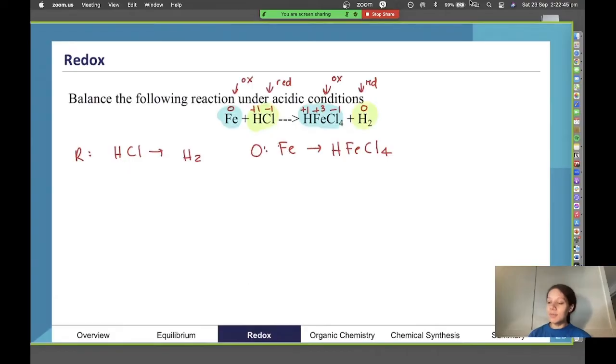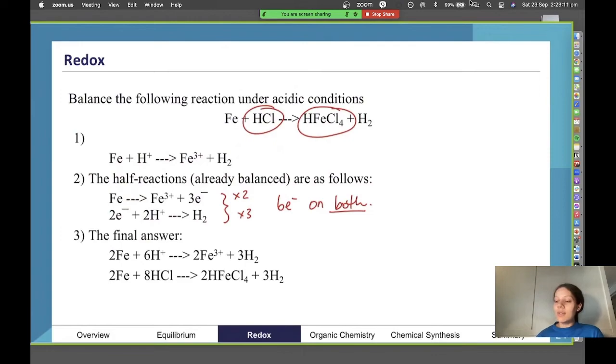So that's a bit of a different process because we have kind of unique molecules in that way. I just went under the assumption that it was the same as the last one. If you ever get to a point where you get stuck, where you're thinking, I can't balance this because we have Cl here but no Cl there to balance, then that's why we just treat it as the H+ by itself, and then the H2. We balance that, and then when we finally write the answer with our combined half equations, that's when we can rewrite the ions in terms of their full molecules.